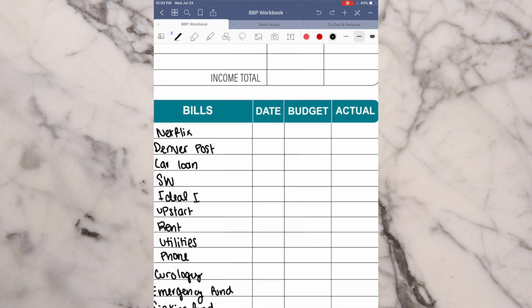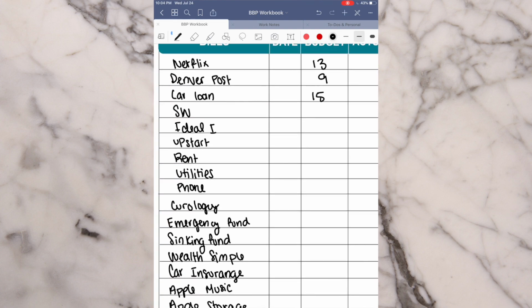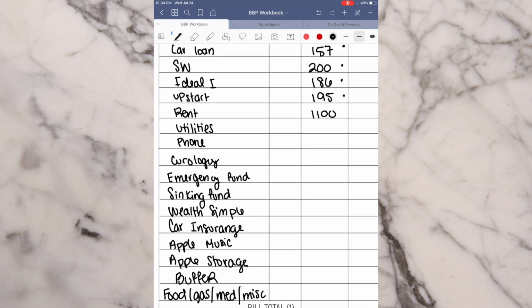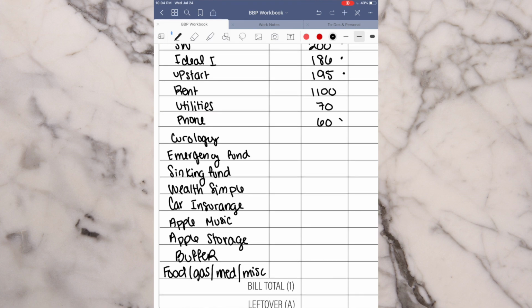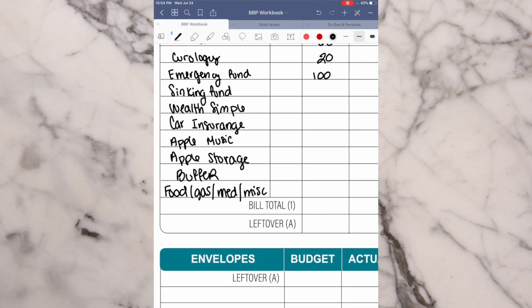So what I'm gonna do for Netflix, I usually just budget 13 because life. This is debt, this is debt, this is debt, this is debt. Just to give you guys an idea. I'm working to lower this guy. So this is a variable amount.